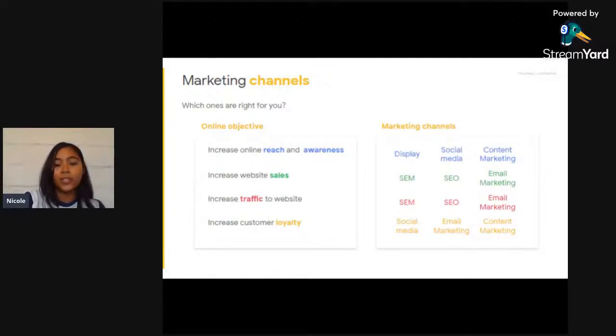If your online objective is to increase traffic to your website, then you would use search engine marketing, search engine optimization, and email marketing. And last but not least, if your online objective is to increase customer loyalty, then the marketing channels that are right for you are social media marketing, email marketing, and content marketing.